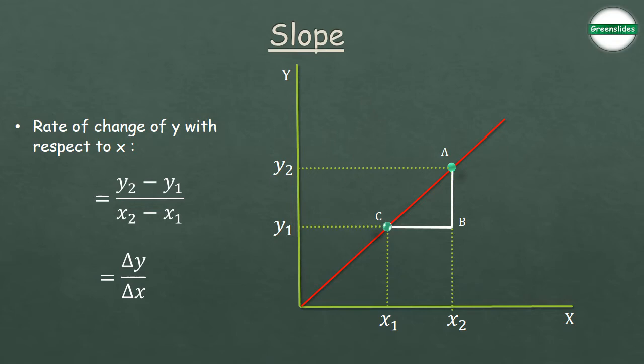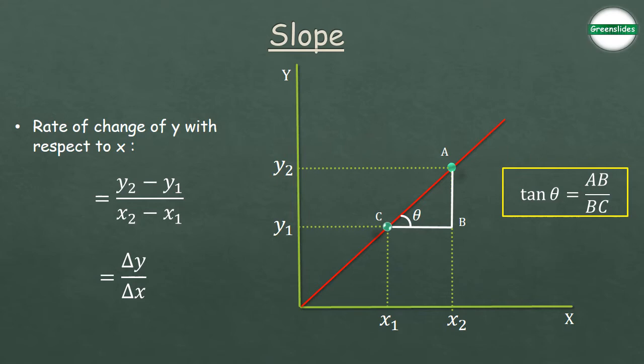on x-axis as slope. Now if we define angle ACB as theta, can we write tan theta is equal to AB by BC? We have very basic formula, tan theta is equal to perpendicular by base, and from that in this triangle ABC we have tan theta is equal to AB by BC. Now what is AB? AB is actually y2 minus y1. Look closely. And BC is x2 minus x1. So can we say that del y by del x is equal to tan theta, right?